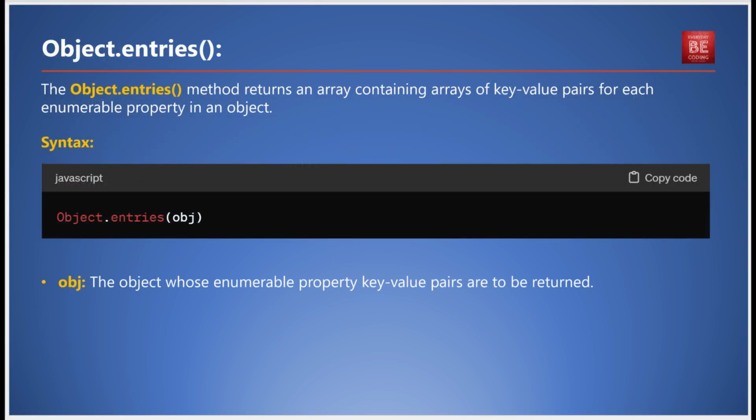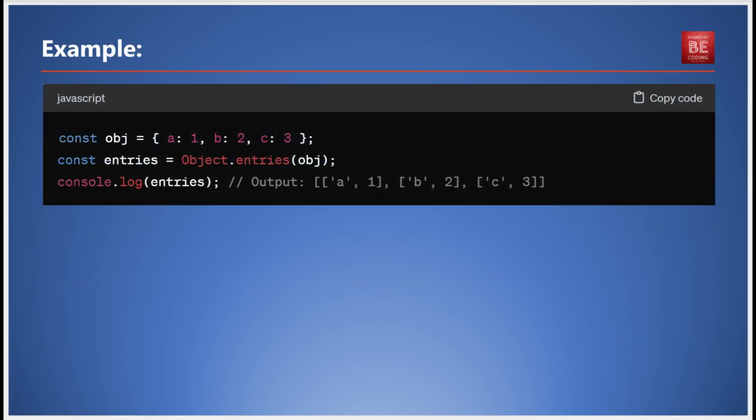Now let's move on to the second method, Object.entries. This method takes it a step further by returning an array containing arrays of key-value pairs for each enumerable property in an object. The syntax is very similar to Object.values. Simply use Object.entries and pass in the object. For the same object we used earlier, applying Object.entries(obj) yields an array of key-value pairs. This can be extremely useful for tasks like iterating over object properties or converting object properties into arrays for further